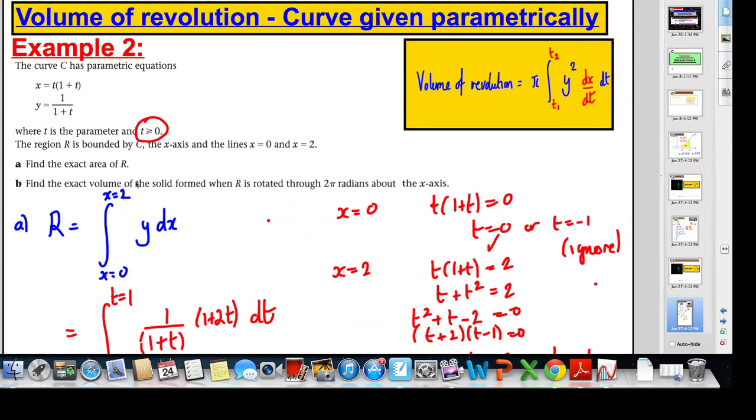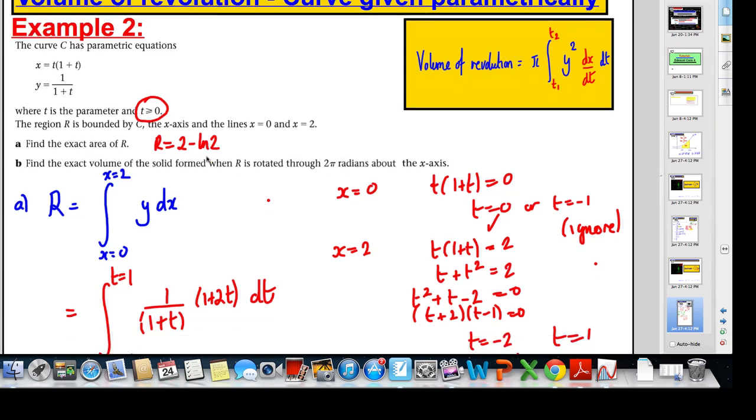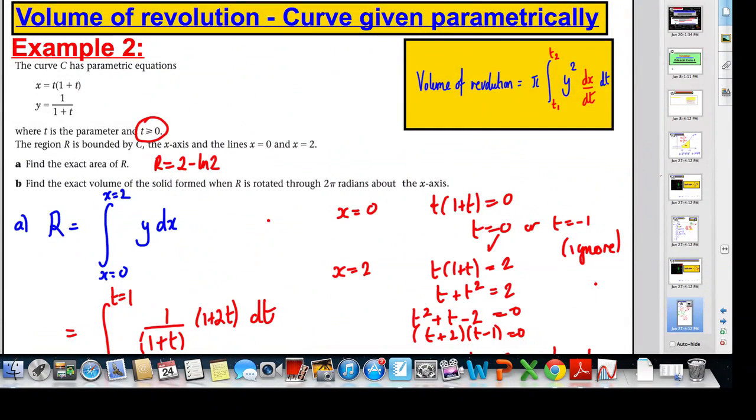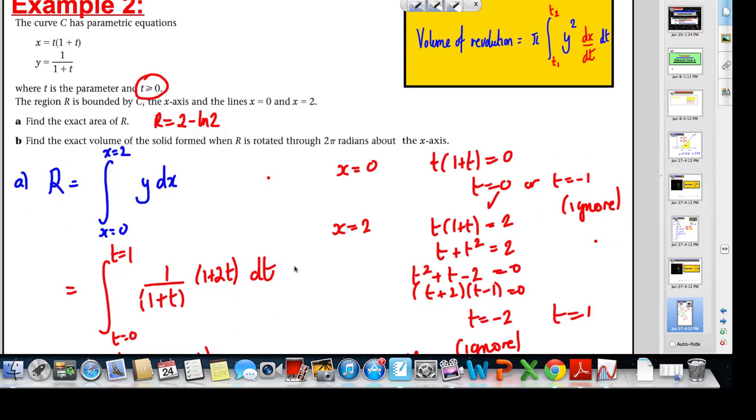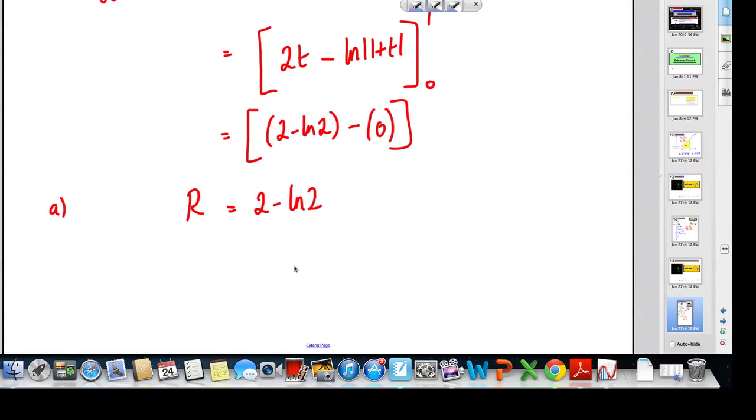Okay, so going back up here, the area for R in part A was 2 subtract ln 2. Okay, done. Now, the next part, I want to find the volume of revolution when R is rotated about the x-axis. So for part B, I'm going to use the formula. The volume is equal to pi, the integral between t1 and t2,